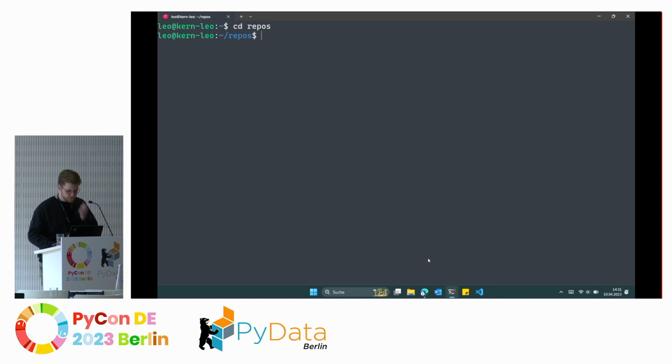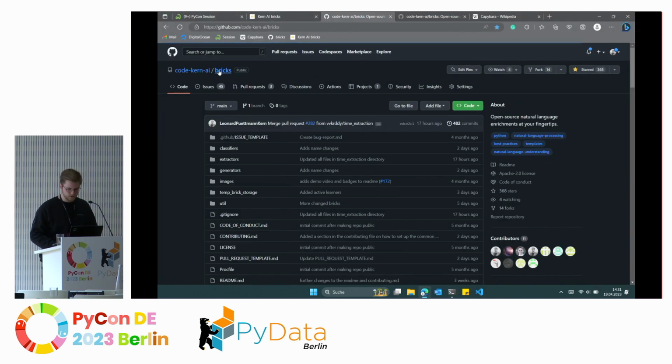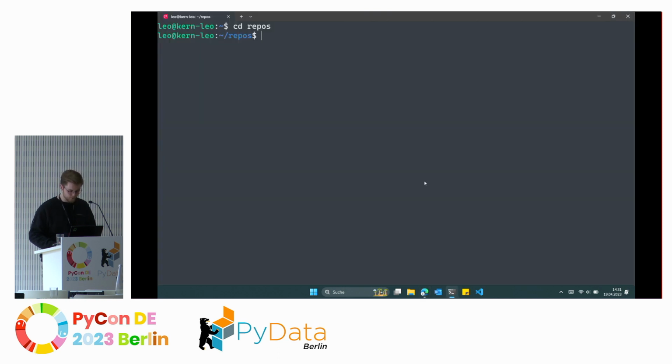So first what you would do, of course, is go to our really cool GitHub page and then clone the repository. So you would do git clone and do that. I already have the repository on my machine, so I'm not going to execute that. Instead, I'm going to head over to the repository. Then what you would do is create, for example,